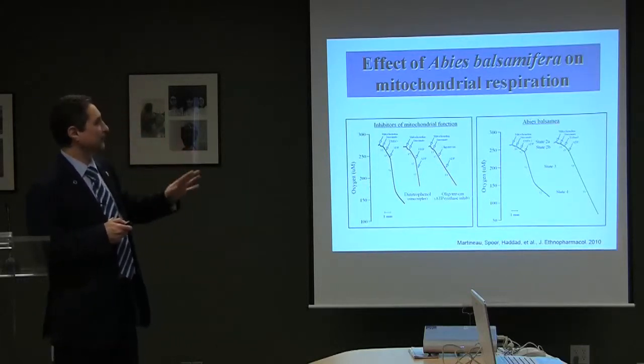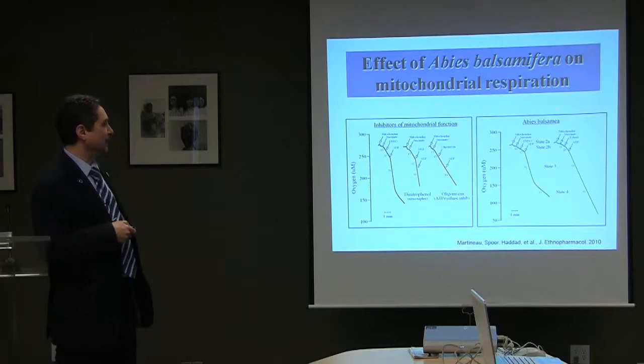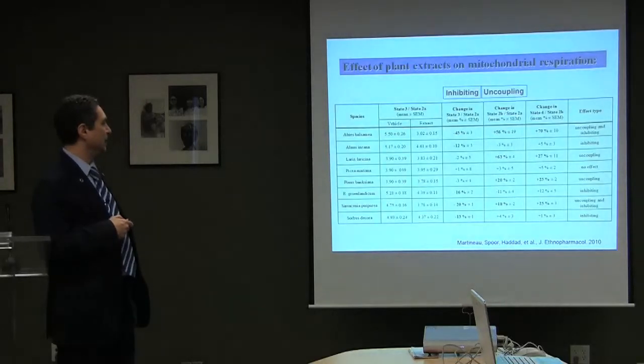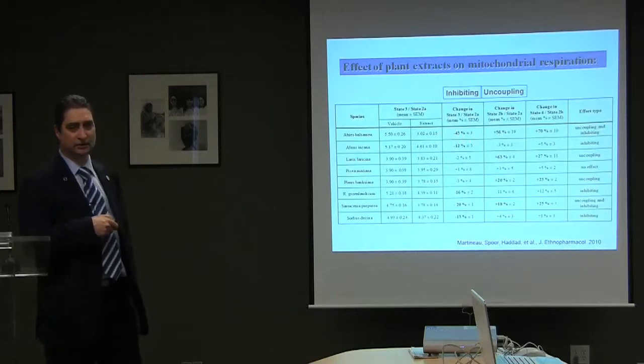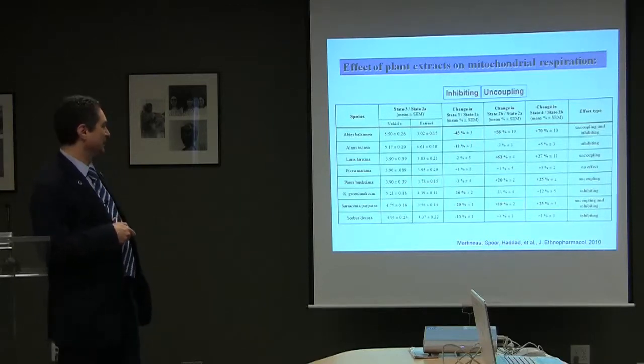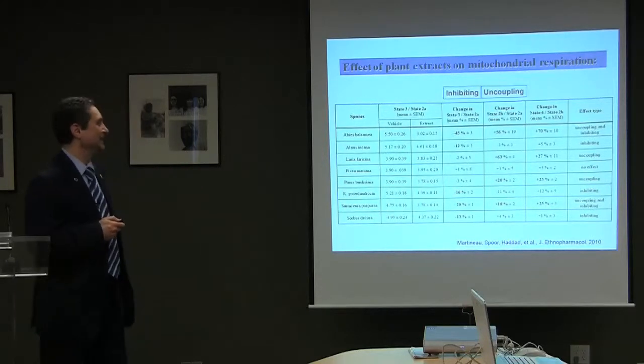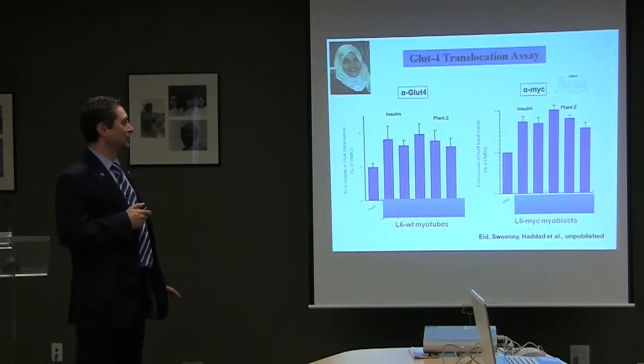And so we took every plant and tested this. For balsam fir here, it's a sort of mixed effect. For the 8 plants, balsam fir is both a brake and a clutch, if you want. And you have some that are more, so this is inhibition, so that's the brake. You have some plants that are strictly brake, others that are strictly clutch, to give you an idea. So anyways, to make a long story short,